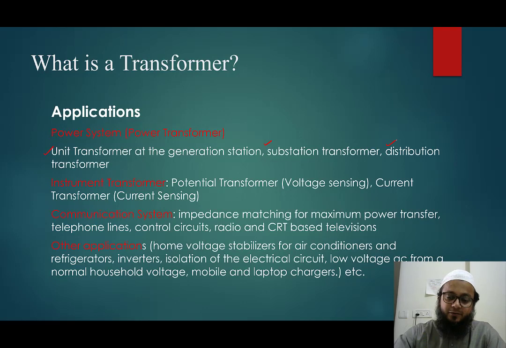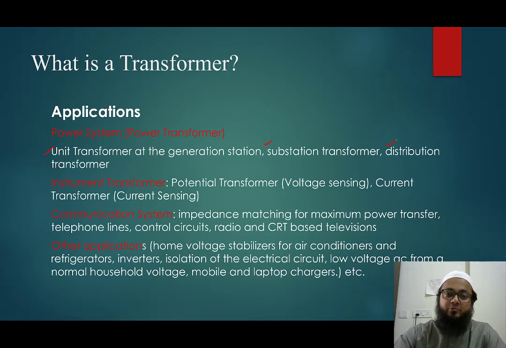So they are the instrument transformers. Similarly, we have the current transformers. You can imagine that the power being sent from the generating station to different cities would be in megawatts or MVA, so the current there would be in terms of kiloamperes, or even hundreds of kiloamperes. In that case, we use current transformers to monitor the current passing through. We install them at key points to sense the voltage and currents there.